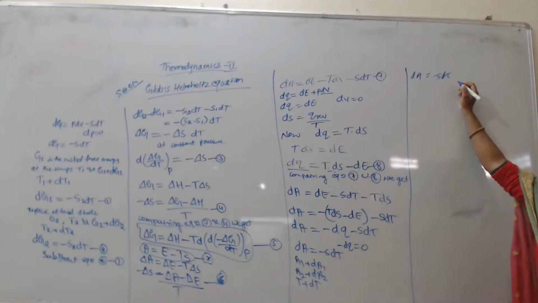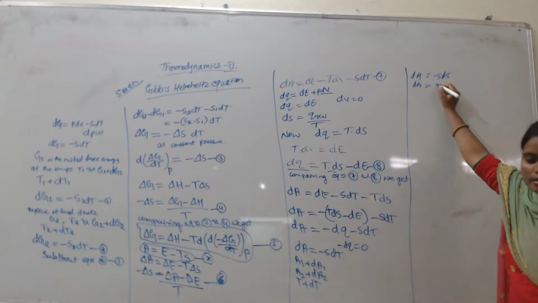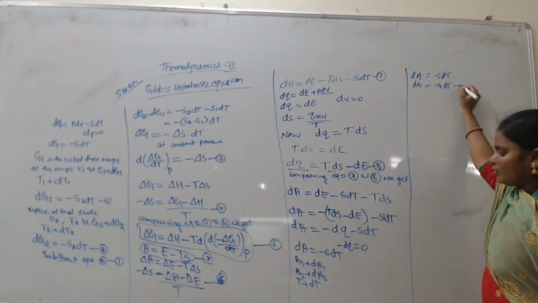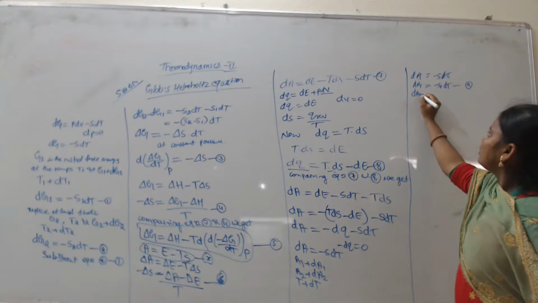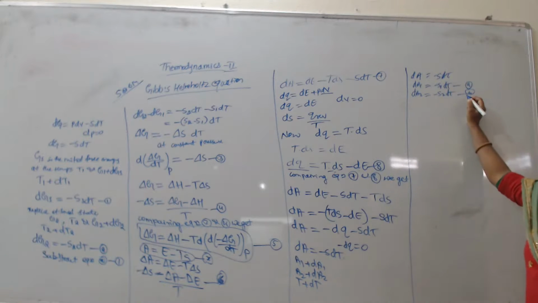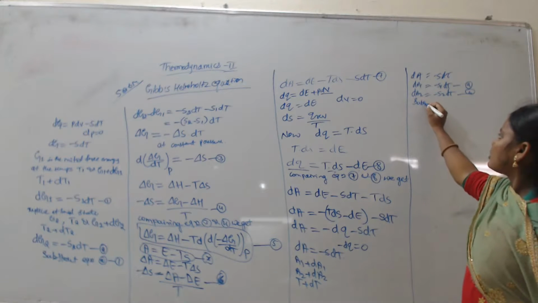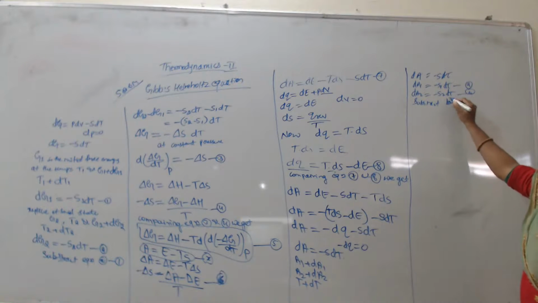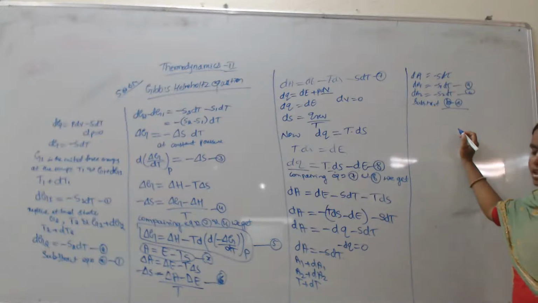Here we take dA1 is equal to minus S1 dT, this is equation A, and dA2 is equal to minus S2 dT, this is equation B. You subtract A from B, that is B minus A. You subtract these two equations and you get